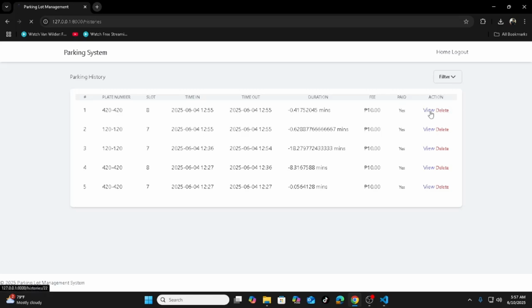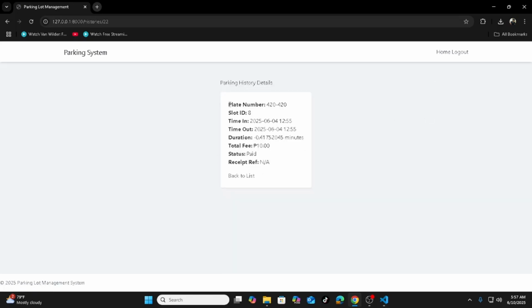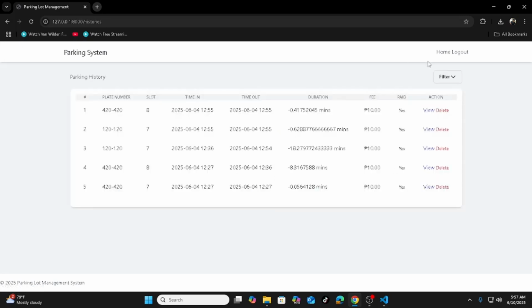You can delete it, you can view a small summarization of that entry, and you can filter by paid or unpaid. I can filter it out since all of it is paid.